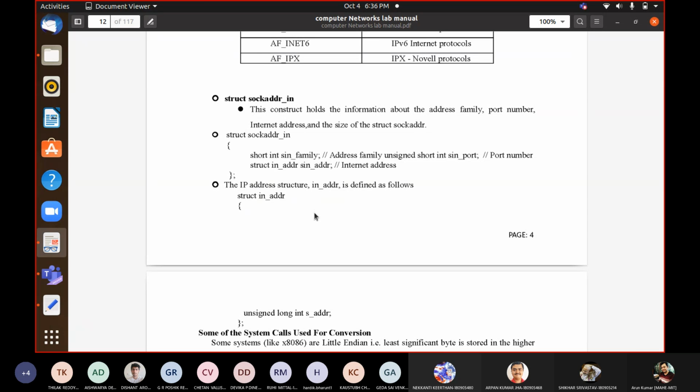We have recently constructed a socket. For that socket, we want to give its port number. So the port number is 100, the port number we want to give to that socket. Address type is AF_INET, and the IP address is 127.0.0.1. So how will you ensure that?